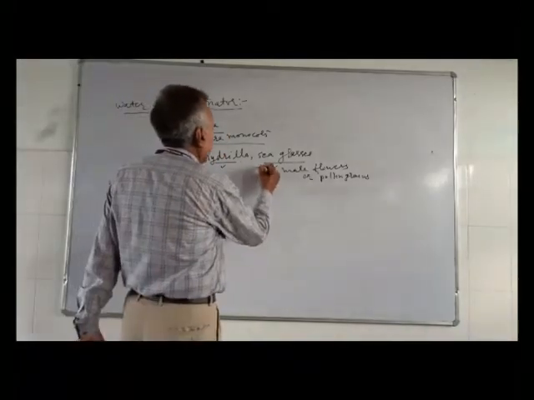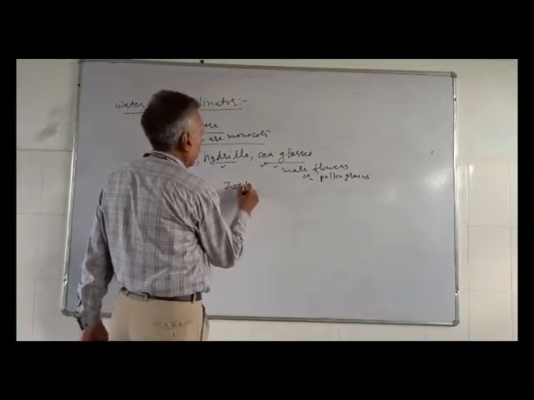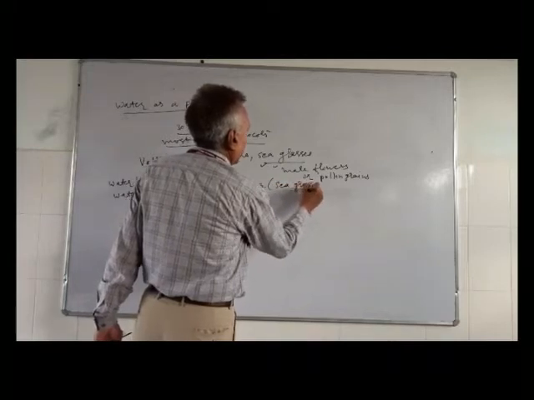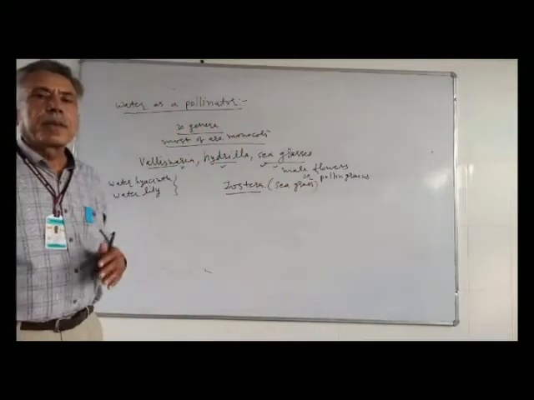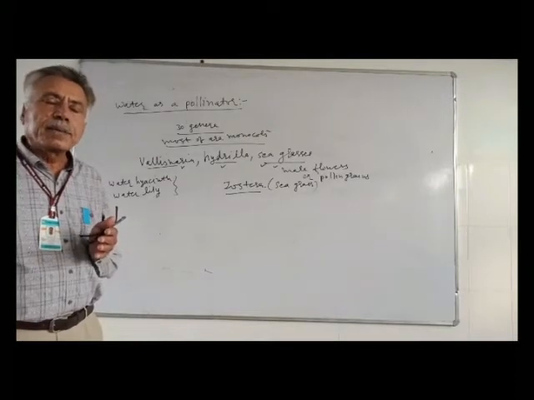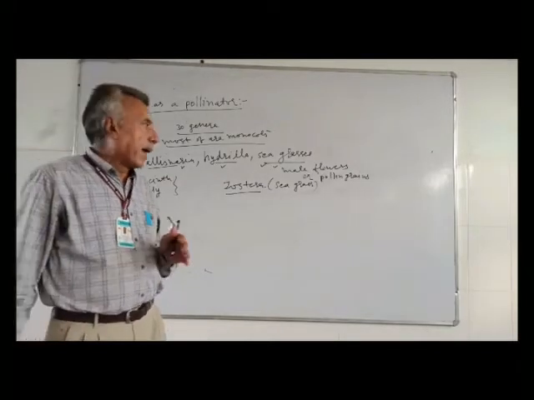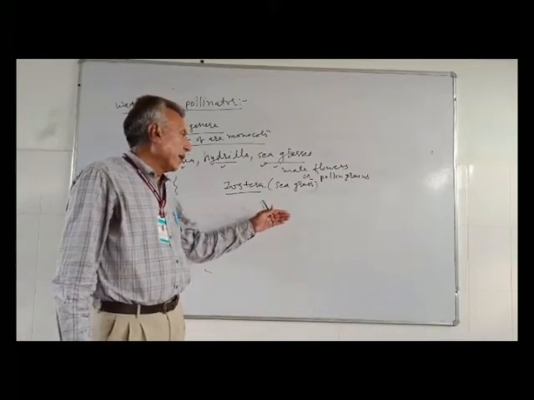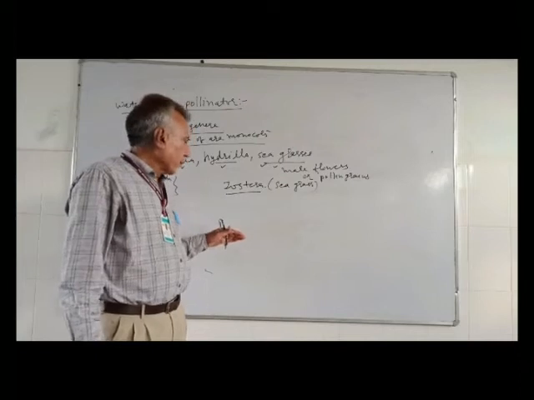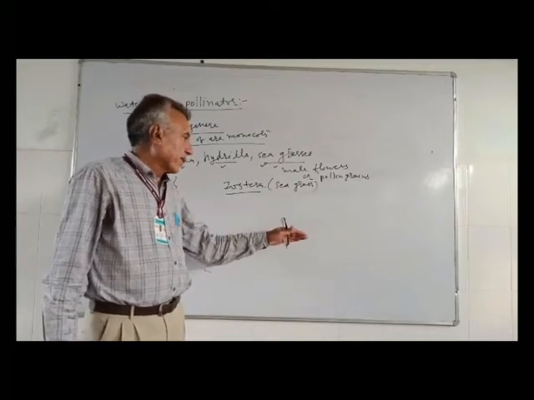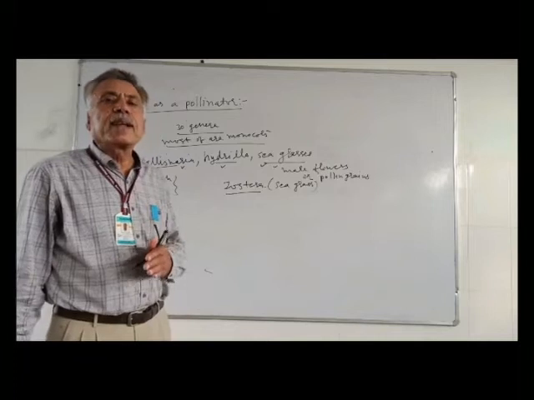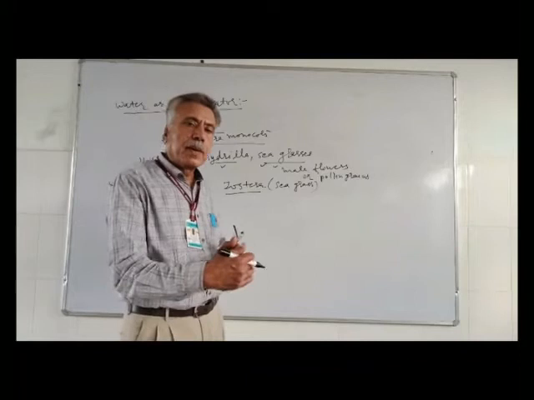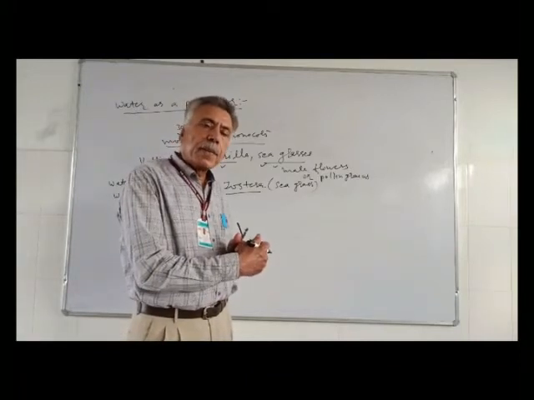In sea grasses, an example is Zostera, a sea grass. In sea grasses, plants are submerged, and thus the flowers are submerged. Female flowers and male flowers both are submerged. From the anther of male flowers, pollen grains are released, and these pollen grains move in the water and reach